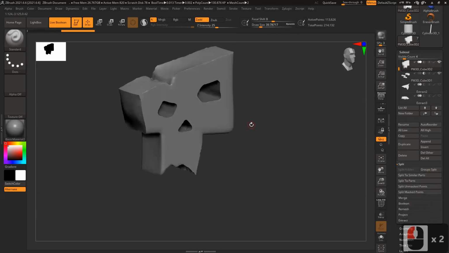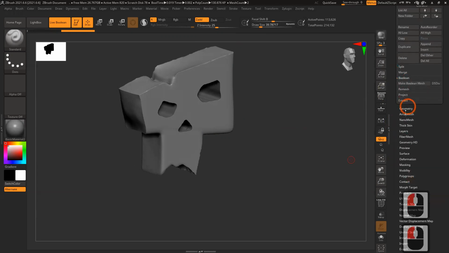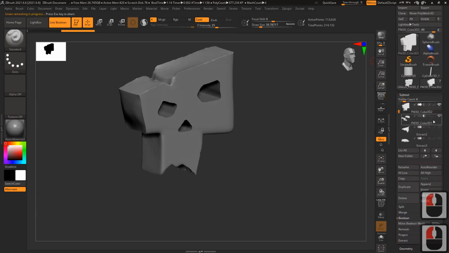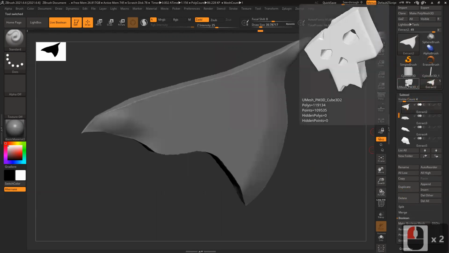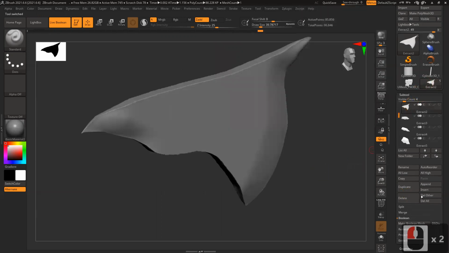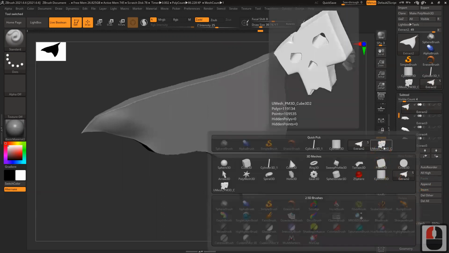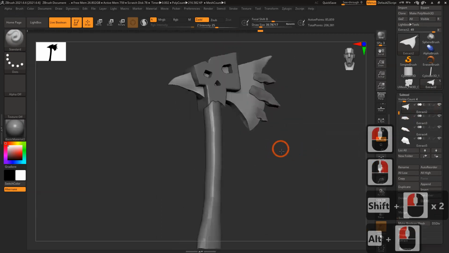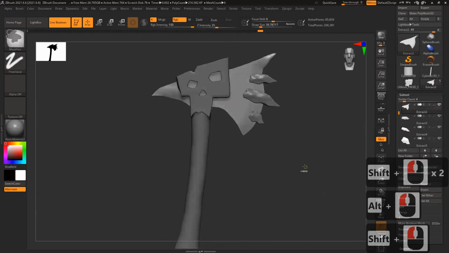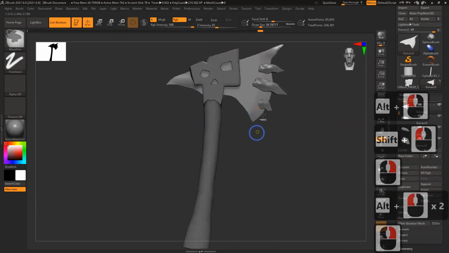It's just a preview. It's not your model. To get the model, you have to go to boolean and click on mesh boolean. It will work, and you see still everything is the same. But how to get this thing? These two things now I can delete, because it's a part of a new subtool. So append, now you can see it's here. Open it. So like this, you get the eyes and all those basic structure,